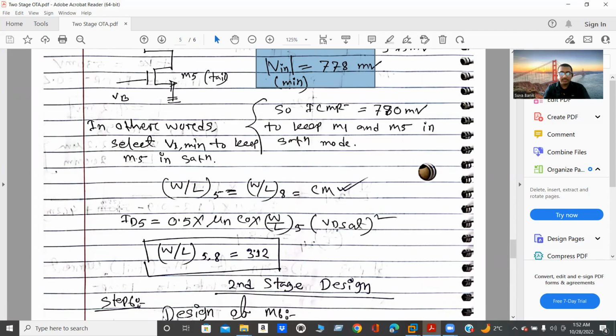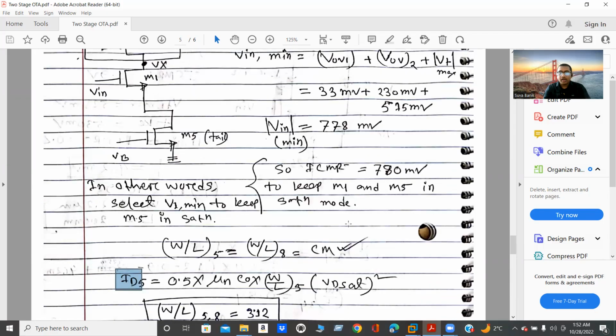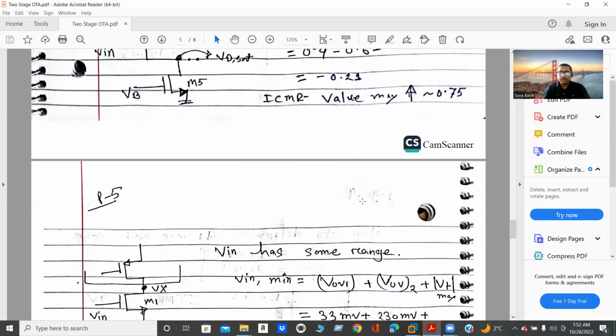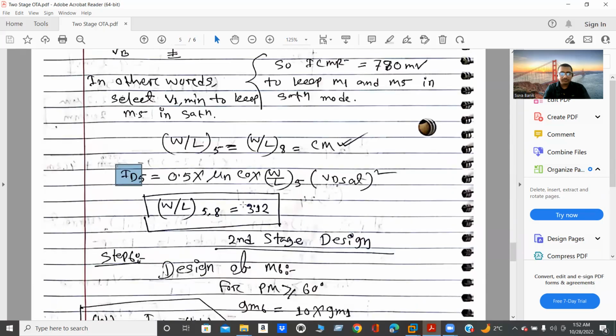And the formula is, we know the ID5, and this is the formula in MOSFET ID in saturation mode. And we also calculate VD set. Here, I use the same VD set, 0.21. And I found WYL in 3.12. I wrote here